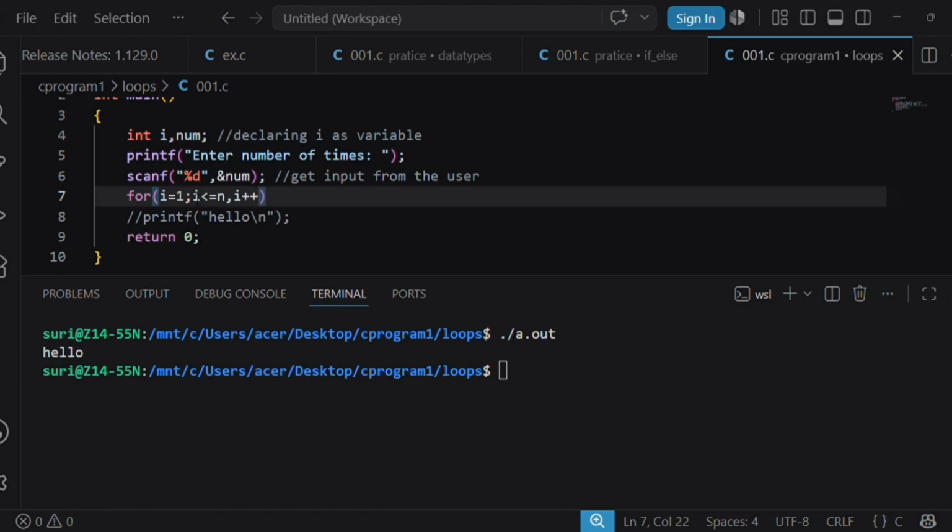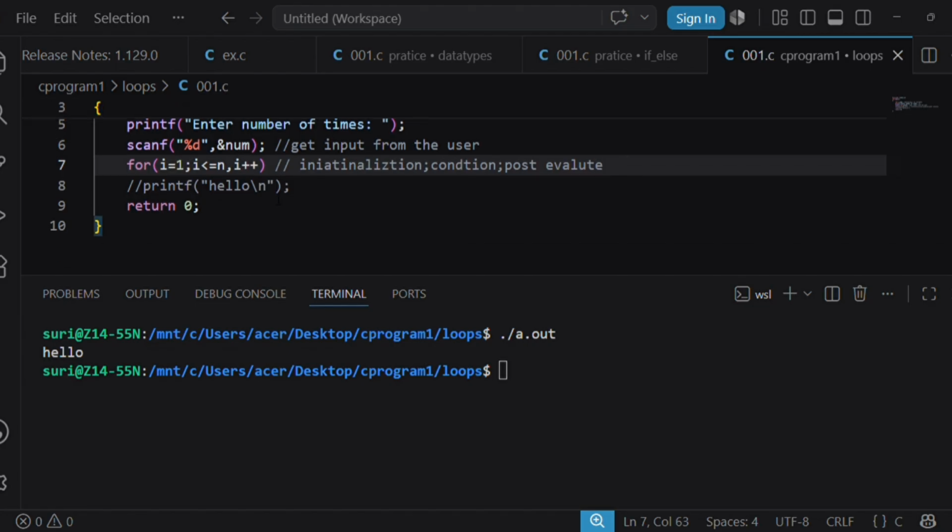So first initialization, then condition, then post evaluate. So: initialization, condition, post evaluate.